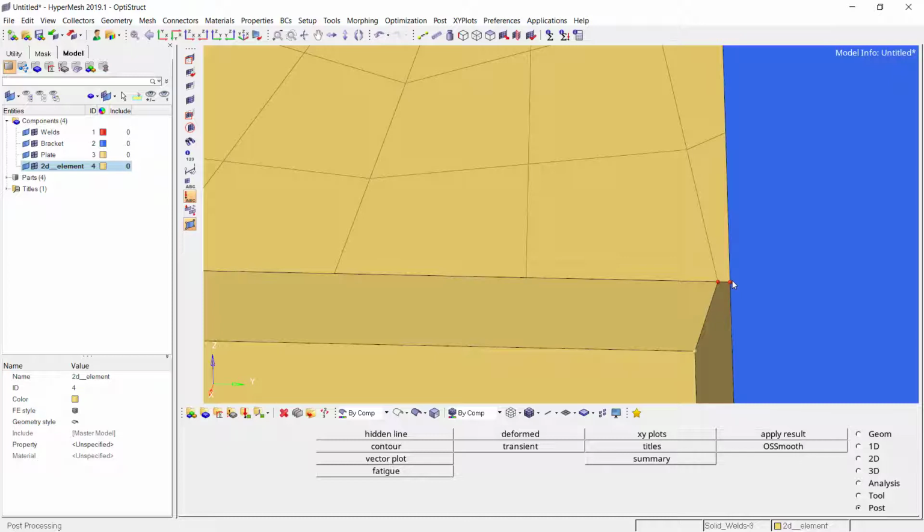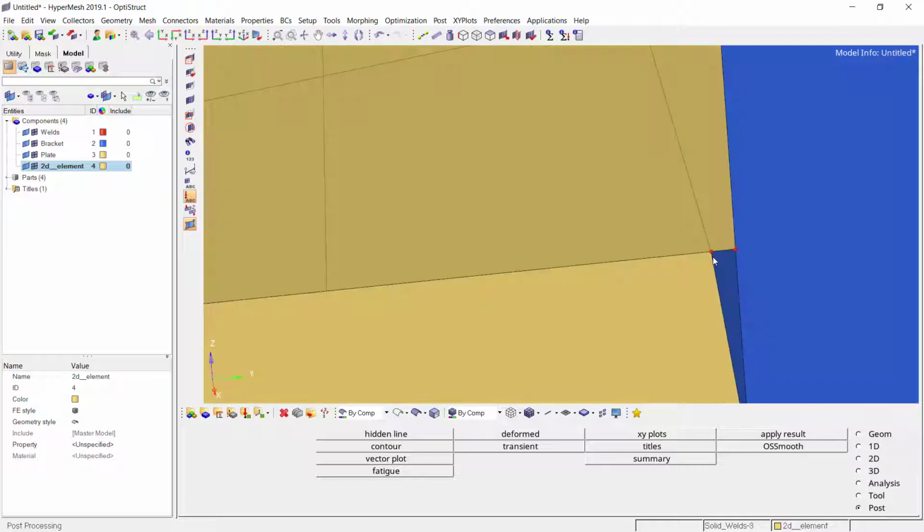And of course in reality this is not going to happen. Currently this is happening just because of inappropriate CAD data or because of the tolerance value. So here I will make one assumption that this particular edge is touching the bracket itself. Because if there is a gap between the bracket and the plate, the weld is not going to be placed over there. This assumption does make sense that the bracket and the plate are touching at least in the weld area.